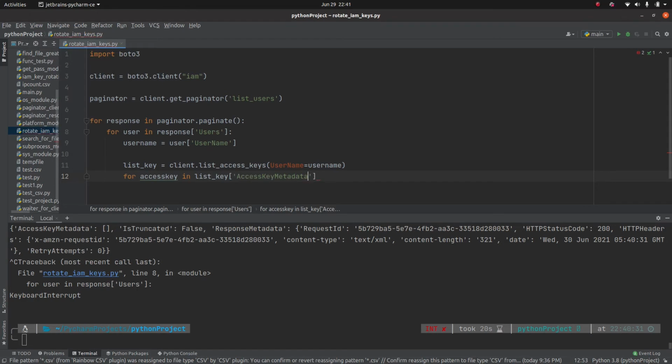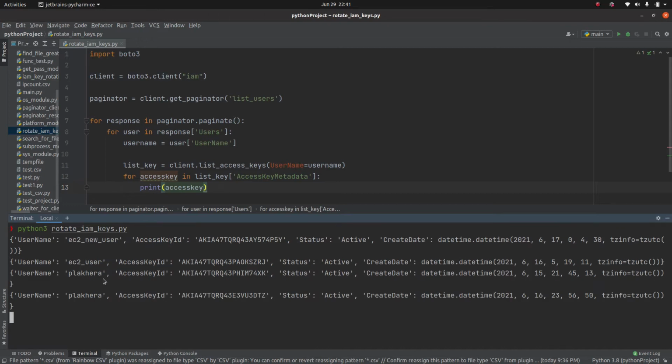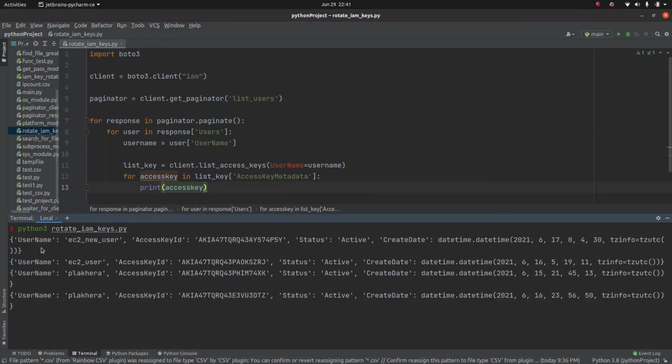Okay, and print access key one more time. Okay, so now we are getting the response like this: username, access key ID, status, creation date, all this information.